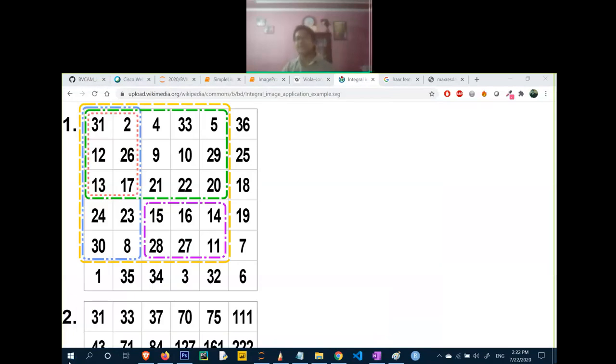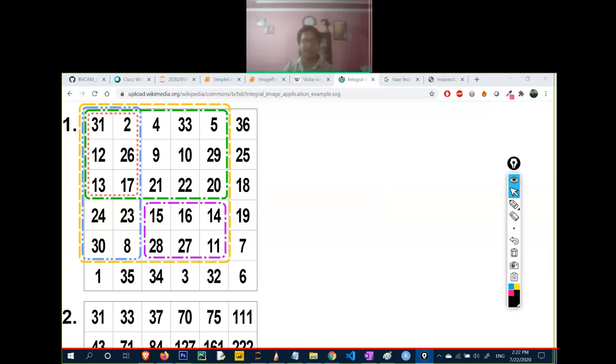So the second concept after getting the Haar features, because it is time taking and the time complexity was increasing, is the integral image. So they said, do one thing. 31 is available at this point, write 31. You can see 31 is written here. After that, here we have 2.